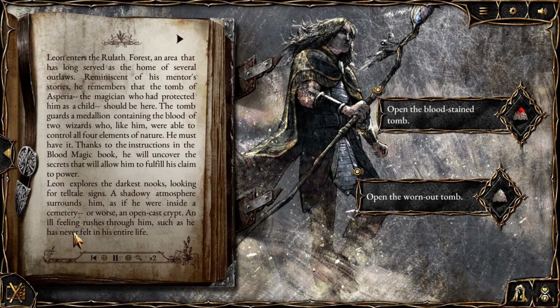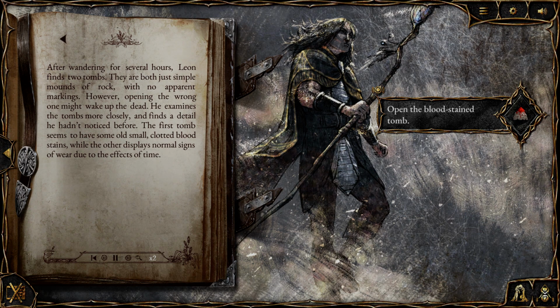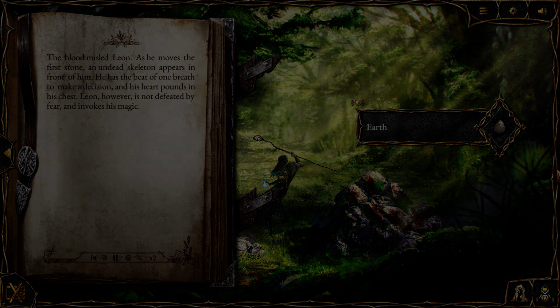Leon enters the Rulath Forest, an area that has long served as the home of several outlaws. Reminiscent of his mentor's stories, he remembers that the tomb of Hesperia, the magician who had protected him as a child, should be here. The tomb guards a medallion. The blood misled Leon. As he moves the first stone, an undead skeleton appears in front of him. He has the beat of one breath to make a decision, and his heart pounds in his chest. Leon, however...